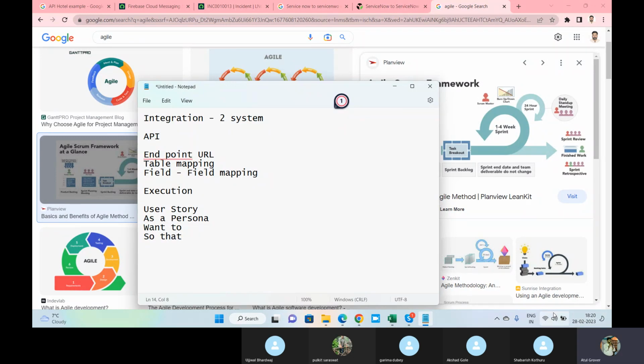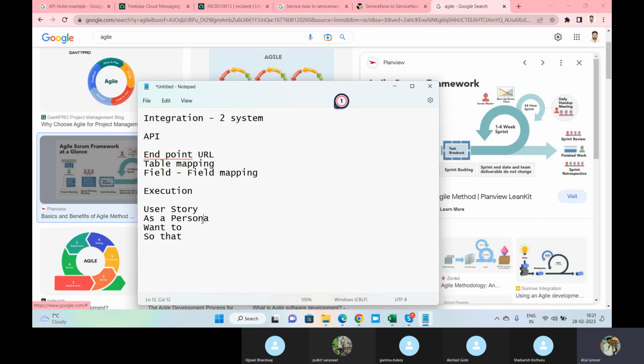As a child, I want to get a toy so that I can play with my friend. This is my requirement. Again, Shabrish, if you are trying for the business analyst role, it is good for you to understand this point. Persona is not a new word in the ServiceNow world.